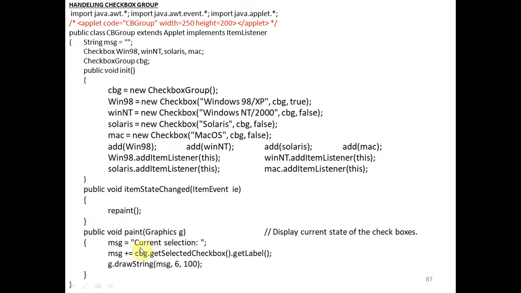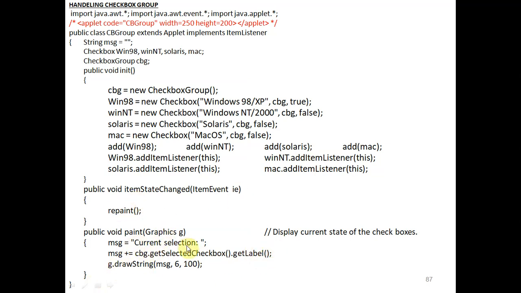Inside this function we have message, where we store the current selection. Message equals message plus CBG, the checkbox group, dot getSelectedCheckbox. Whatever checkbox we have selected, suppose Windows NT, it will get the selected checkbox, convert it into a label, and this will be stored in the message.